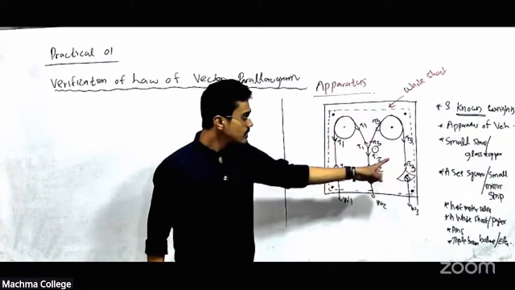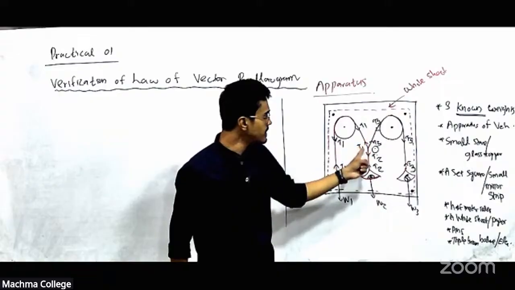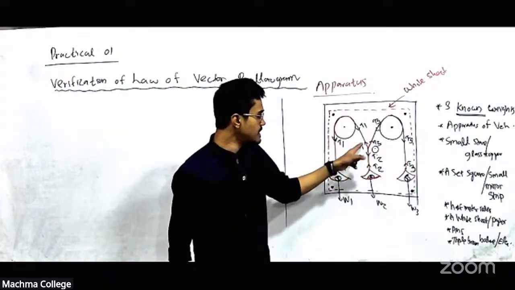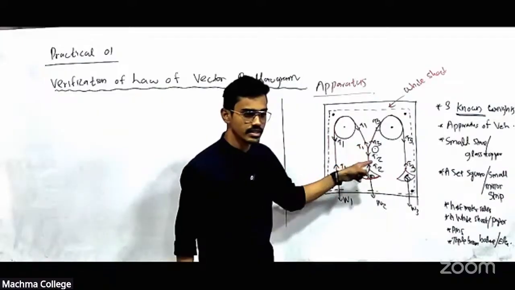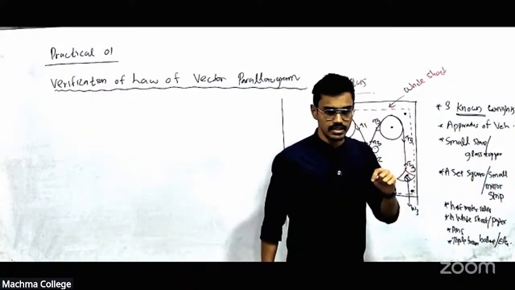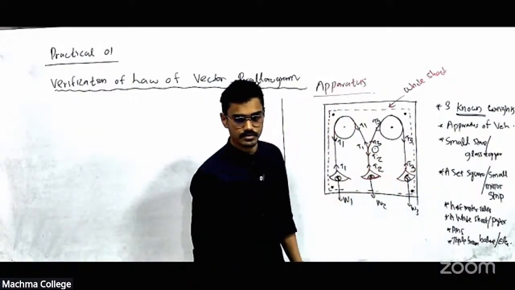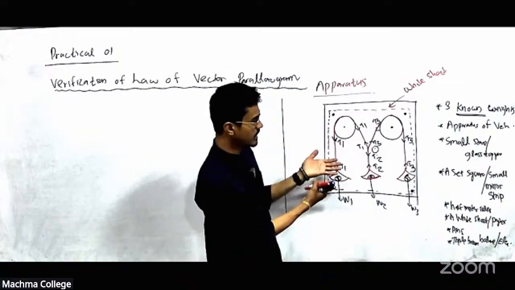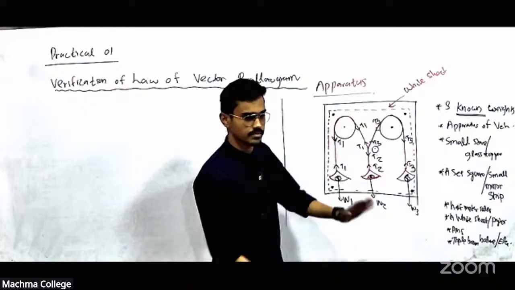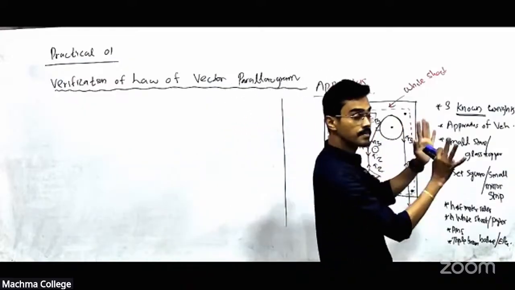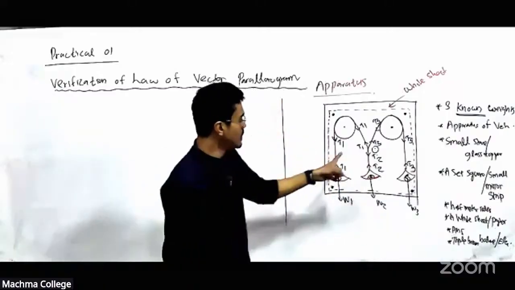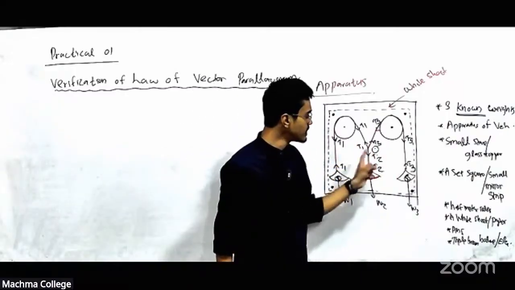But still, we don't know the relationship between T1, T2 and T3. Right? But for sure, we know that the resultant of T1 and T3 has to be equal in value to T2, and it should be opposite in direction since this is in equilibrium. We can see it by our own eyes. If there is not an equilibrium, it should be accelerated. So the system is not accelerated. System is at rest. So that is an equilibrium. Right? So therefore, now we know there is a relationship between T1, T2 and T3.